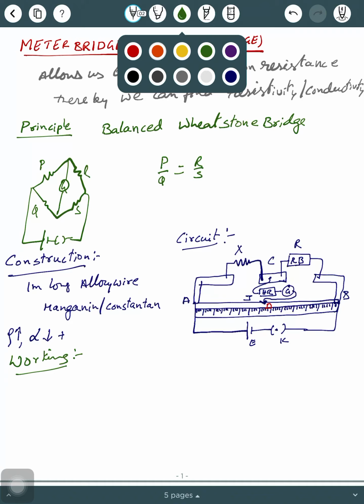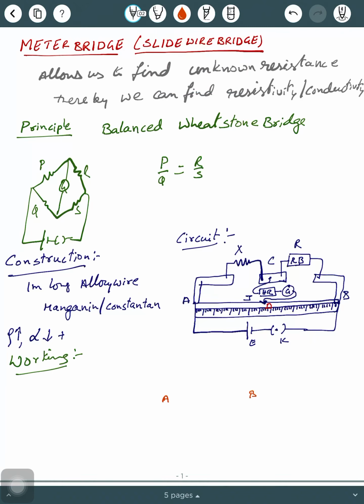I told you I will tell you about A, B, C, D. Now I am using point A, point B, point C and point D. Points A and C are connected by an unknown resistance X. There in your Wheatstone bridge, the X place is given to P. Then C and B are connected by a resistance offered by resistance box R. Now, A and D, D and B, this is the thing which we do not know.